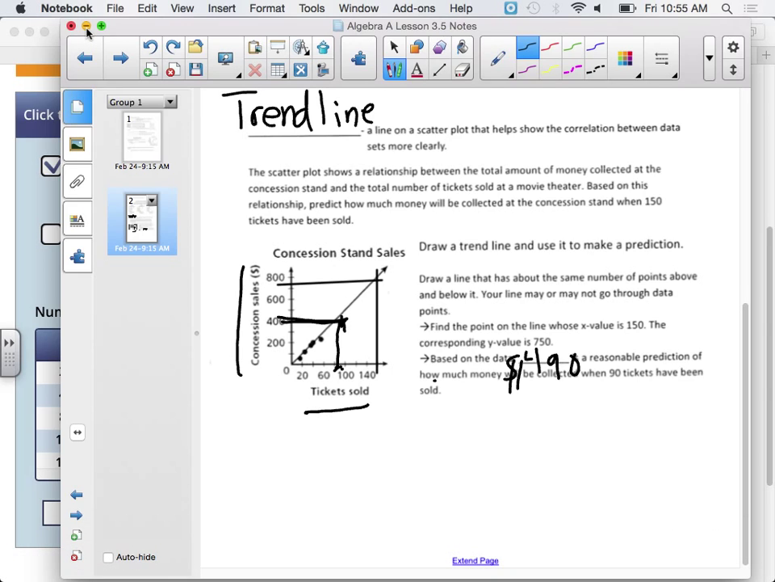Okay, so that is the end of the notes, so you guys can put that away, but I will pass out some handouts with scatter plots, and we'll just be practicing